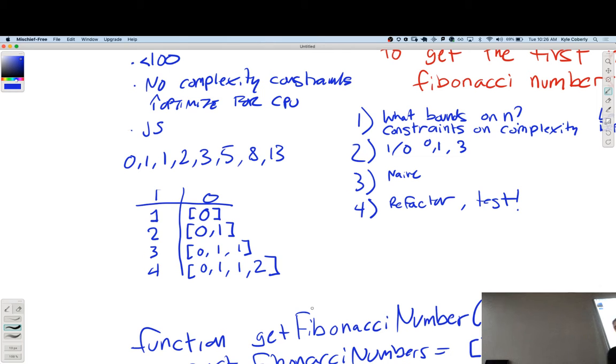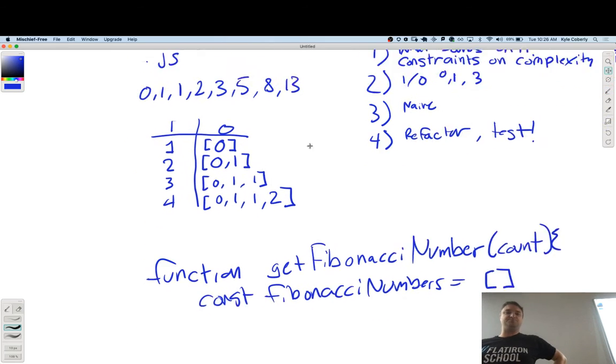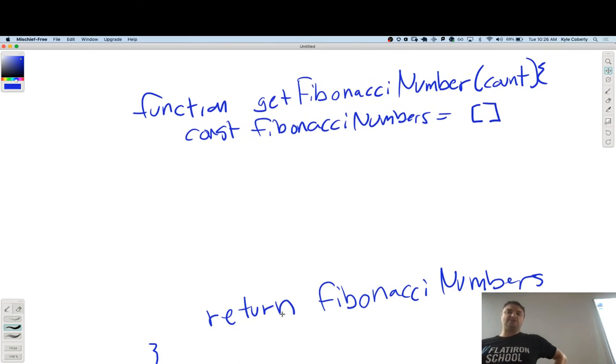So those feel like they have to be special cases to me. So since they're special cases, I feel like I should account for them right after this. So maybe it's something like